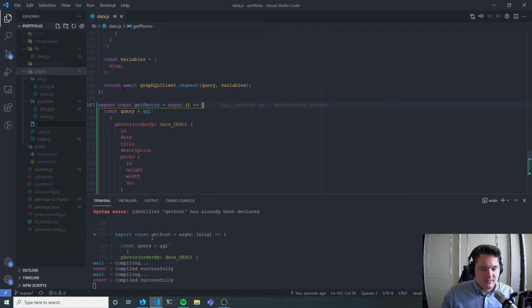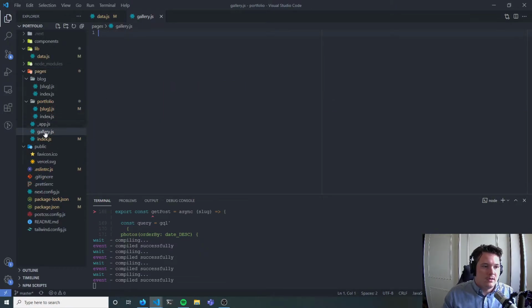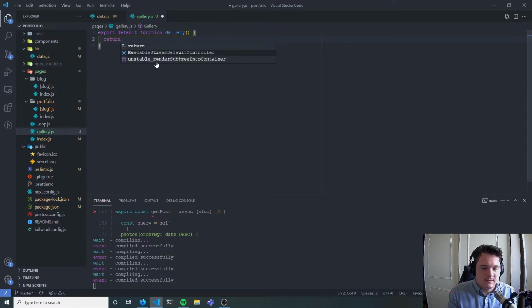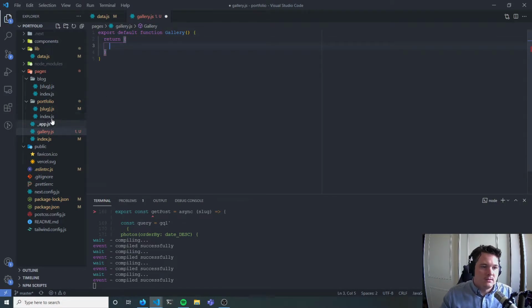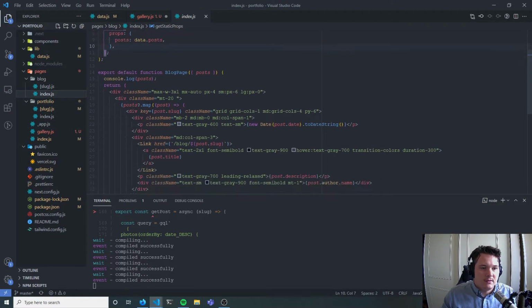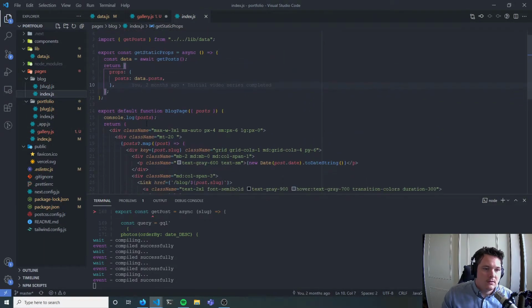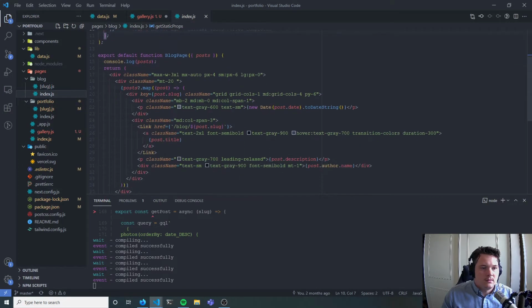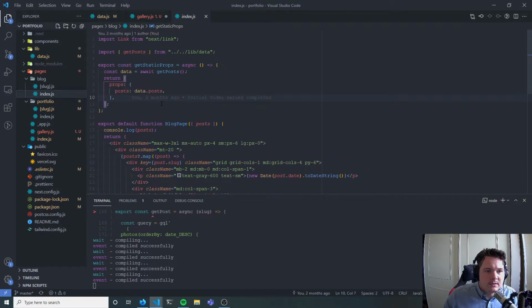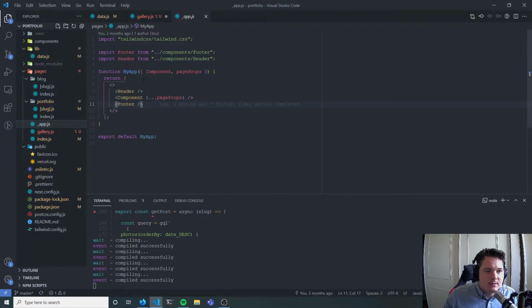So on pages, if we just make a new file and call it gallery.js, and let's just do export default function gallery like so, and then we just want to return. I have no idea what we've got as far as wrappers or anything goes. Do we have anything, or did we just do it? Yeah, so let's just do, where's our header? Do we have that in our app? Yes, we've got our header and footer already, so actually we're good to just,